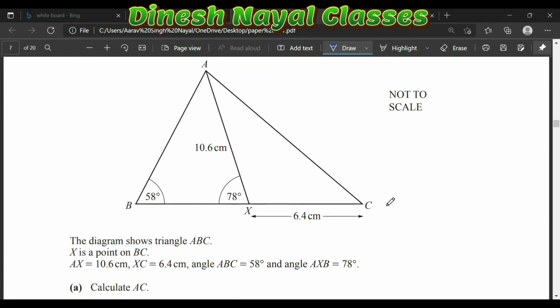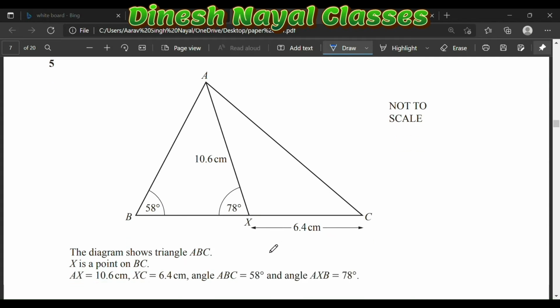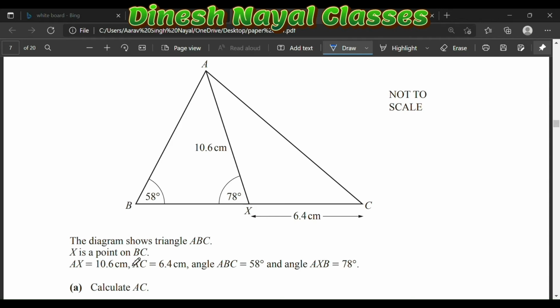Now the triangle is given to you. The diagram shows the triangle ABC. X is a point on BC. AX is 10.6. XC is 6.4 centimeter. Angle ABC is 58 degree and angle AXB is 78 degree. Calculate AC. So to calculate AC, you take triangle AXC